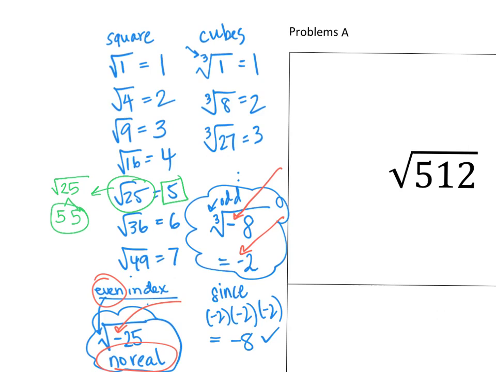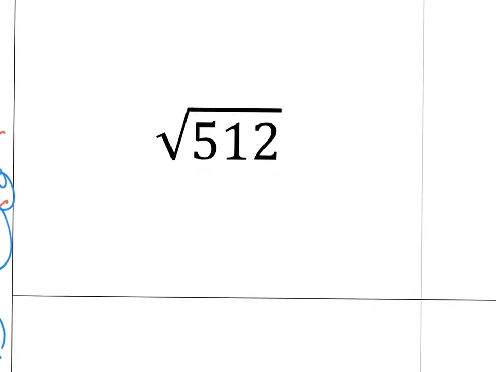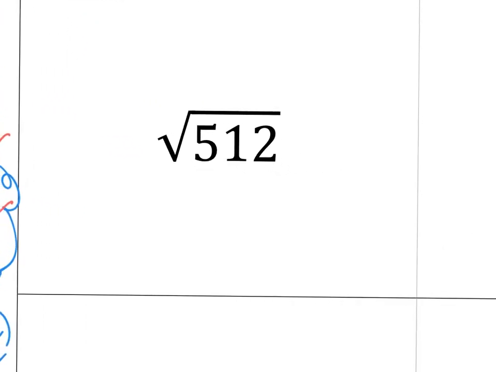Or if I look at the cube root of 27, well, that's 9 times 3 and 3 times 3, so I can see my triplet there. That's my perfect cube. So if I'm not sure what perfect square is in there, or if it's even a perfect square by itself, I could try and prime factor it to find out. So I'm going to look at 512 and see what goes in there. So I know that, well, 2 for sure. It's divisible by 2. So 512 divided by 2 will end up being